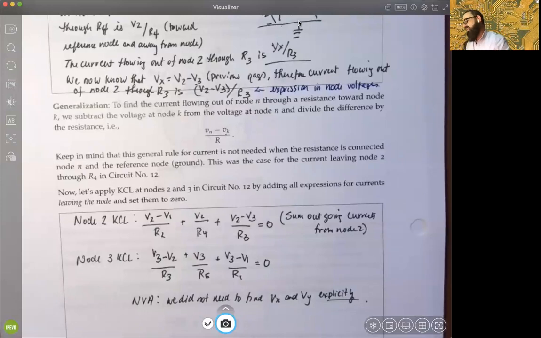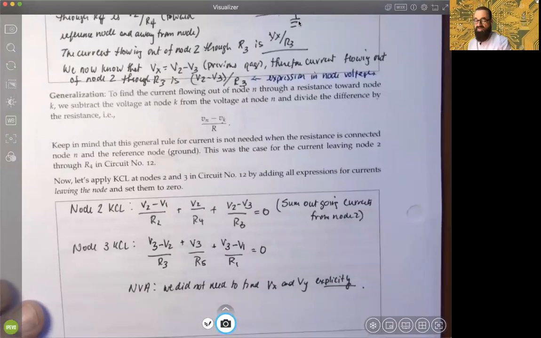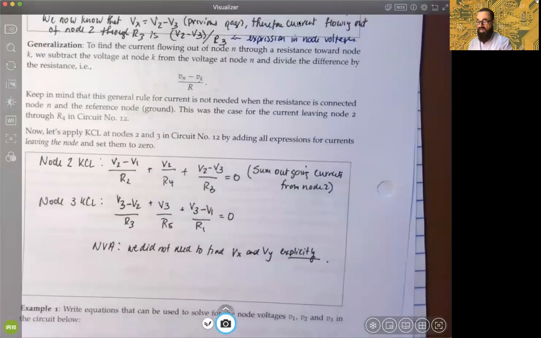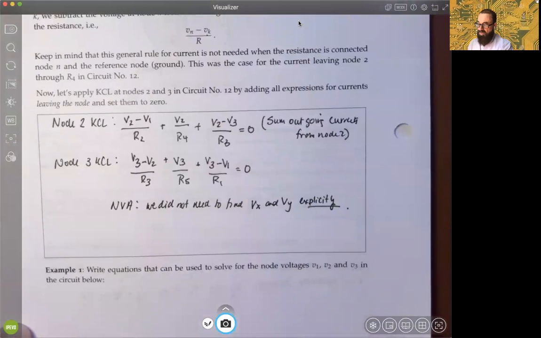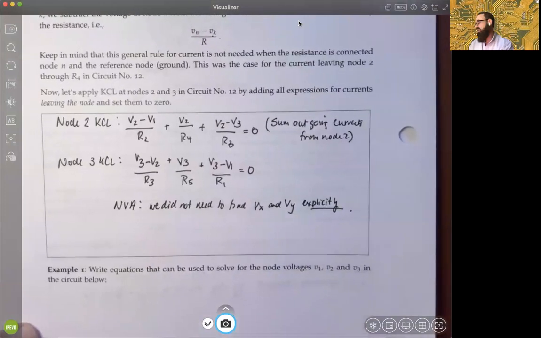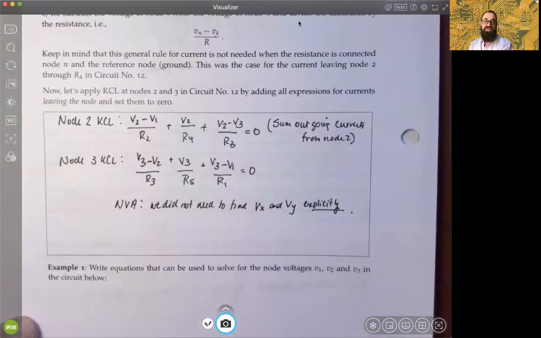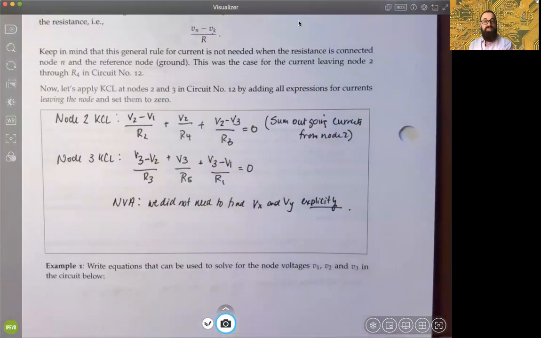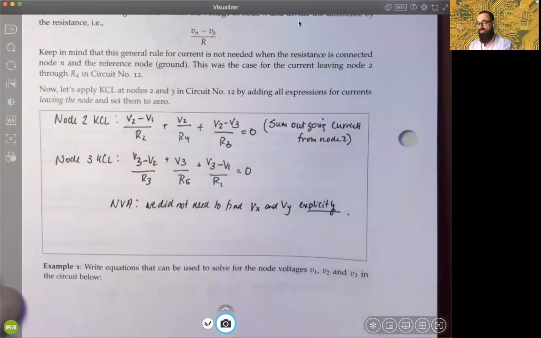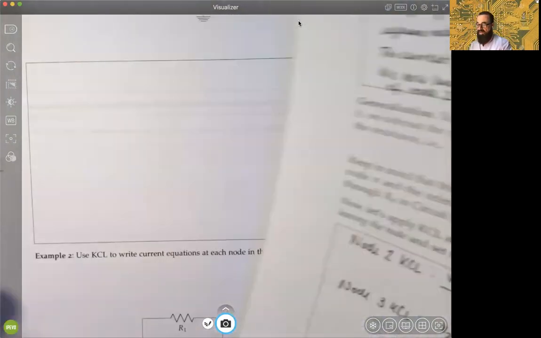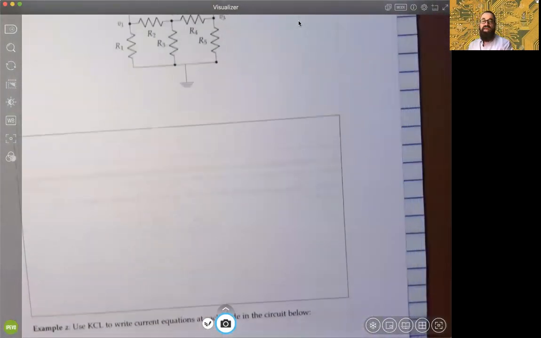So let's go on to the example starting on page 48 and moving on to 49. Let's see if we can use node voltages and write equations. We're going to write KCL equations. So KCL is representing summing of currents, but we use node voltages to represent those currents, okay? So we'll go to page 49 now, and we have